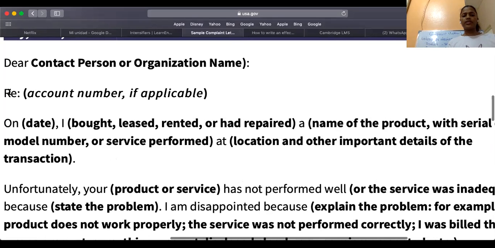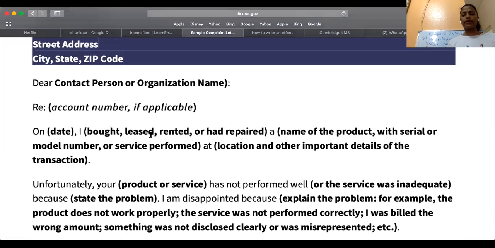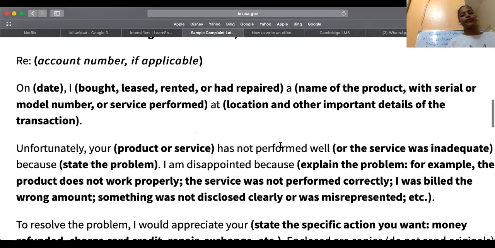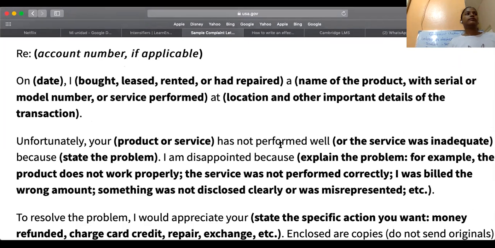So don't put this, don't put like read. I don't care about that. So remember, it's a short letter of complaint. It's something short. On July 11, I bought a hamburger at the Agora Mall McDonald's for 200 pesos, or a McChicken combo for 250 pesos.